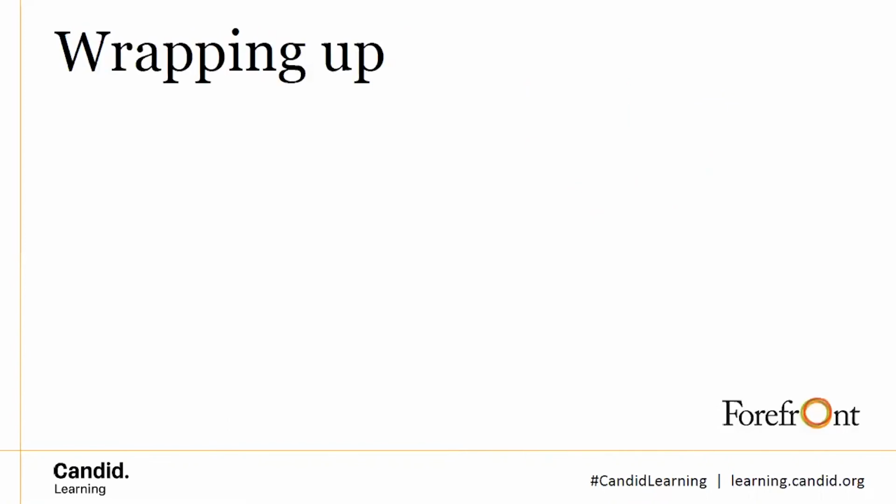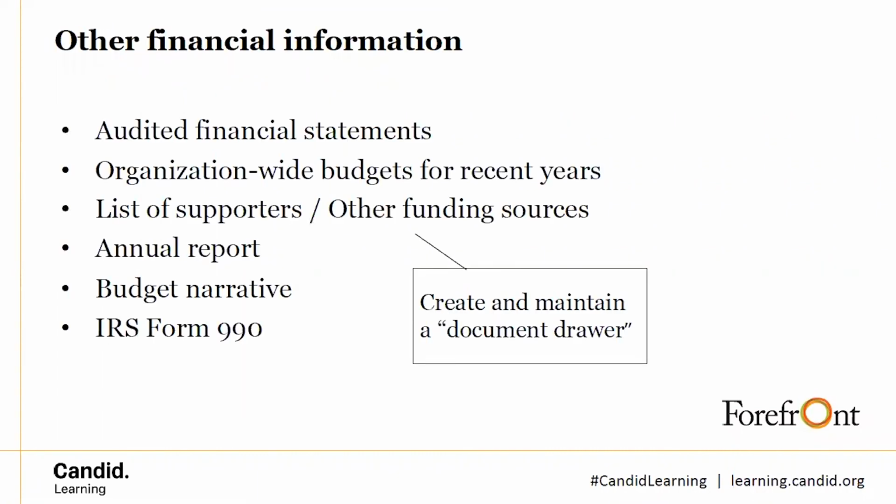All right, so we are starting to wrap up this. We've gone over the broad pieces that go on each side of a project budget, your incomes and your expenses. But we do have a few more tips to go over about other things that may be important for some of this financial information.